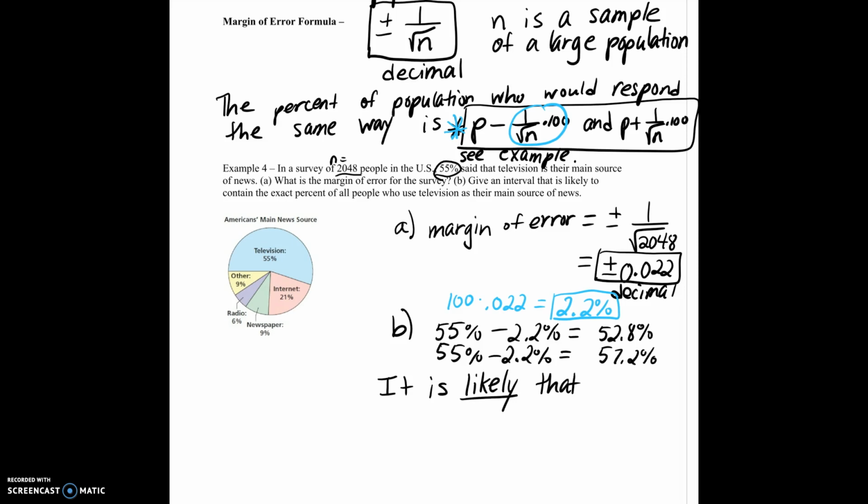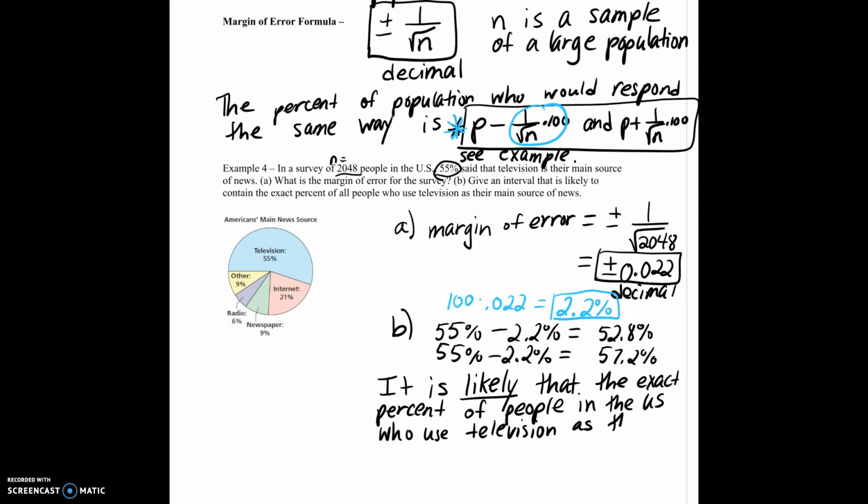It is likely that the exact percent of people in the US who use television as their main source of news is between 52.8%